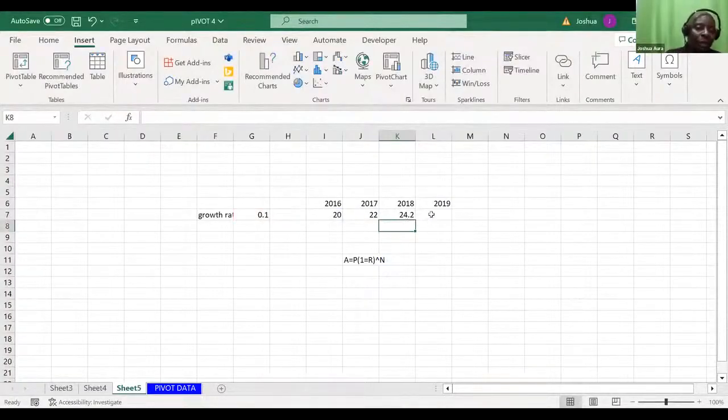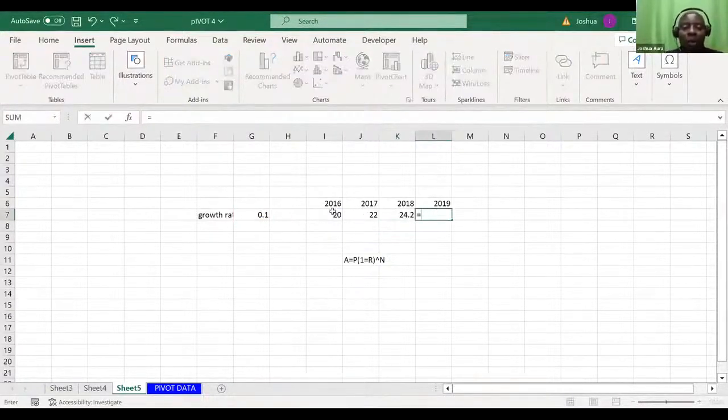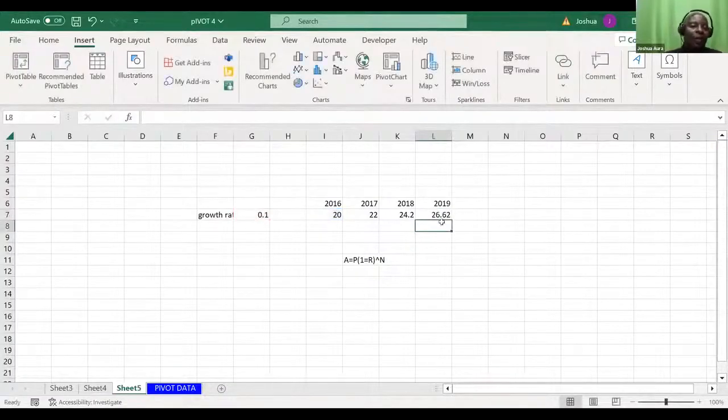I can copy the formula, but I don't want to take you that approach. So for example, here I will say equals principal amount, times, open brackets, 1 plus the growth rate, close, and raised, which is on top of number 6, to the power 3, and then I say enter. It gives me this. It may look complicated. Why? Because I'm using the long approach of typing the formula.